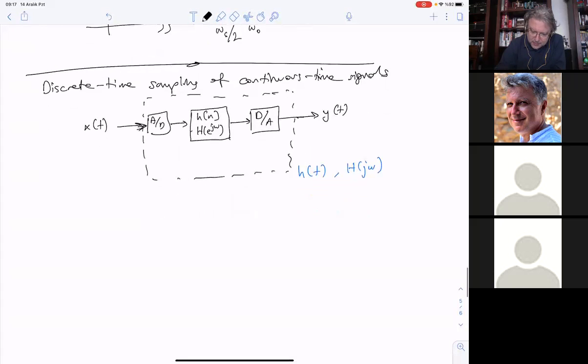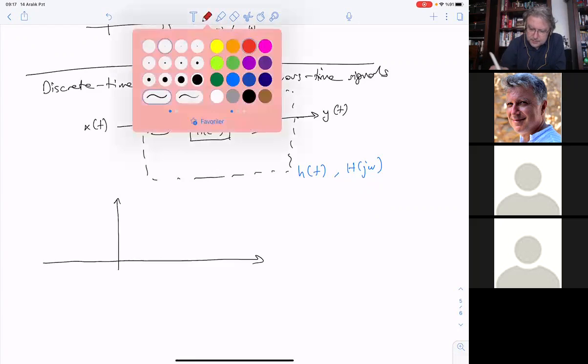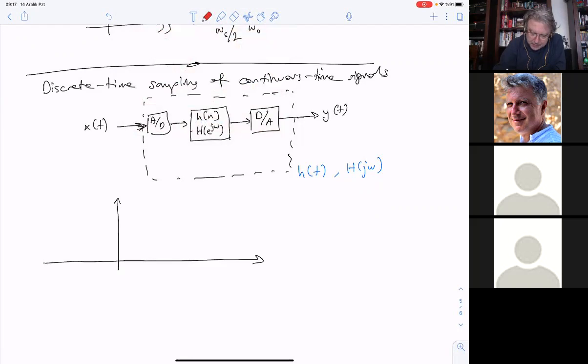Look at this kind of an explanation. Let's assume that inside here we have x of j omega. So this is x of j omega with a maximum frequency of omega 0. Okay, band limited like this